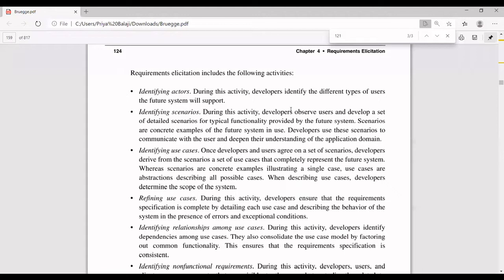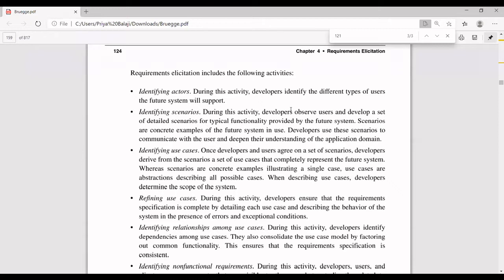Then immediately after collecting the requirement, the expert team has to analyze, or first form the requirement specifications. What is the first requirement? What is the next requirement? A sequence of requirements has to be registered. For that, they will find who the actor is. Who is the actor? Who is going to use the system? Who is going to support the system? Who is going to perform the activity of that particular requirement?